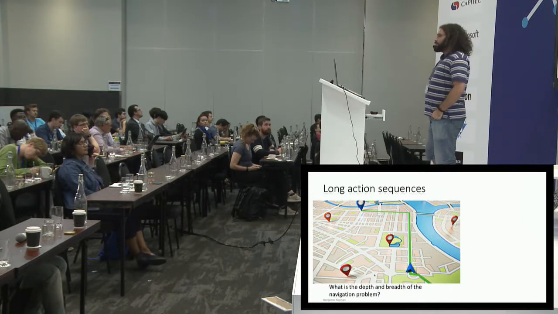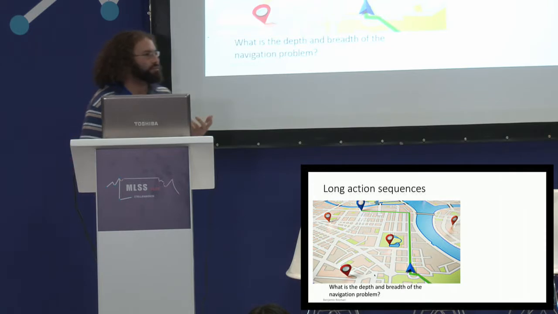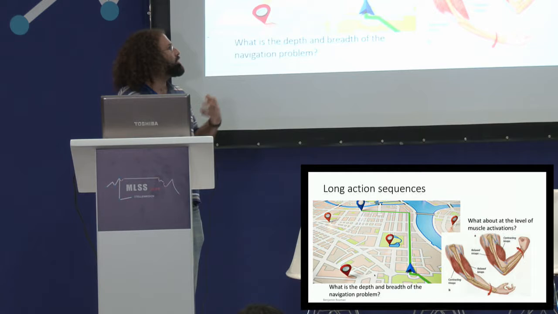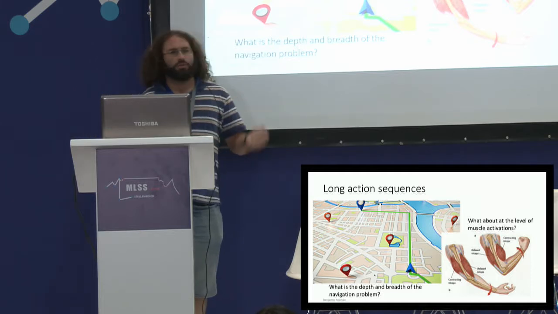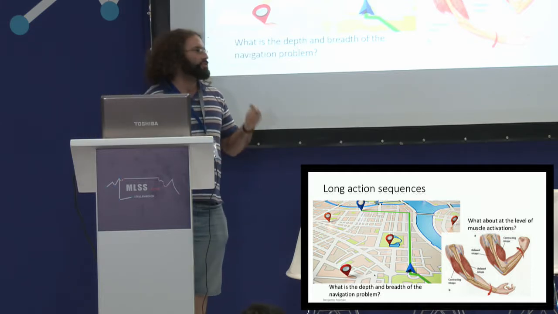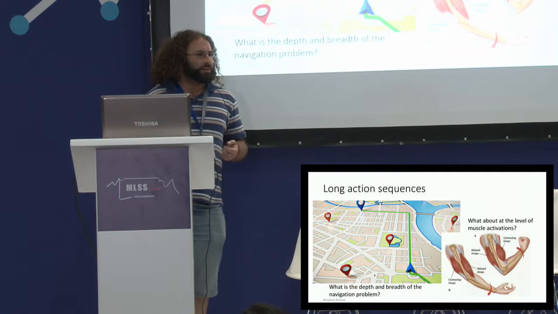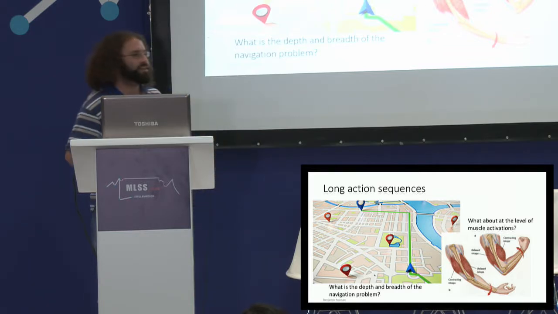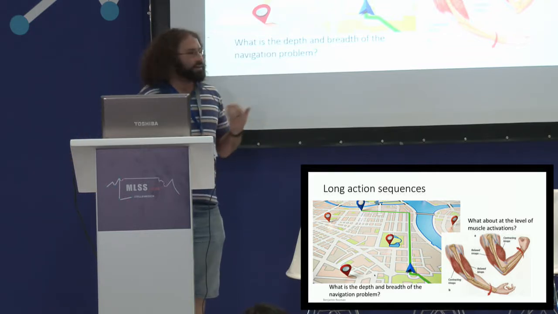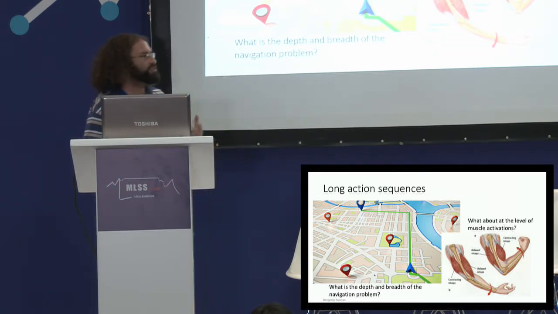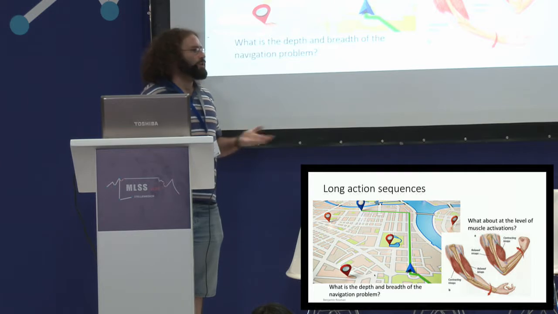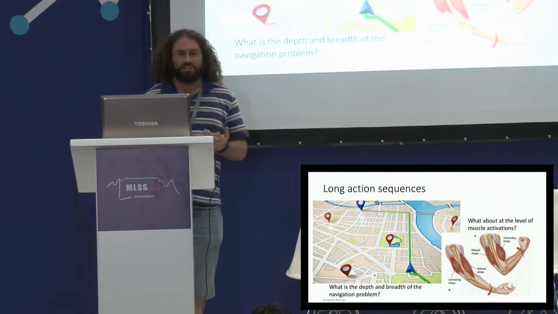But now imagine if we weren't thinking at the level of turning at intersections, and we were instead thinking about muscle activations. Right? So now you're sitting in your car or walking, and you've got to twitch a whole lot of muscle fibers to move your arms, to turn the wheel, or change gears, or press on the accelerator or the brake. Now, the time scale here is very different. Right? Instead of maybe every few seconds you've got to decide between one of, say, 3 options at an intersection,